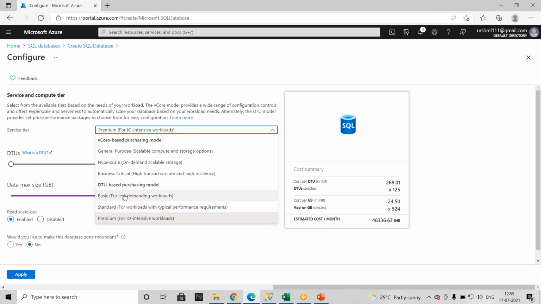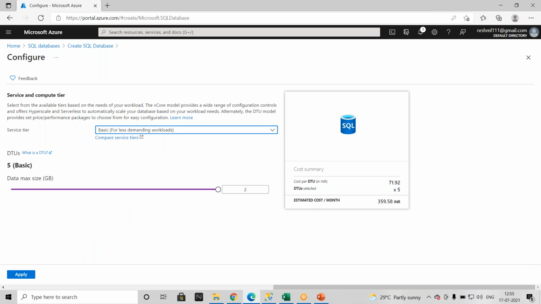When you go for basic, you can go for maximum 5 DTUs and your database size can be 2 GB. Minimum, when you want to deploy your database in Azure SQL, Microsoft is going to charge 359 rupees.